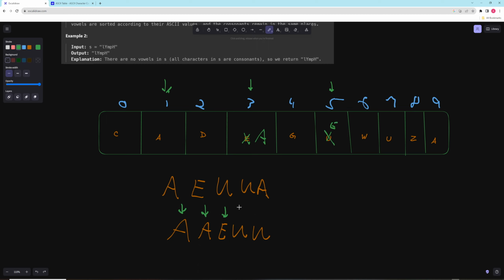E should be this letter here, U, and this should be this letter U. Okay, so that's one way to do it, right? And then you just join this whole thing up and return. So that's one of the ways of doing it, but the problem with this solution is here we're actually going